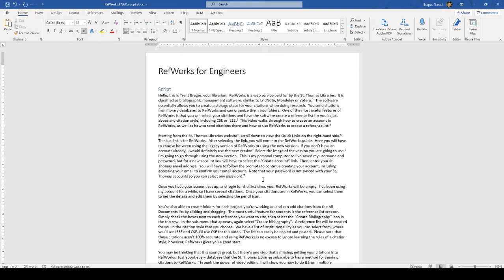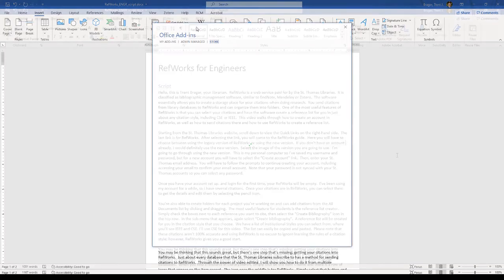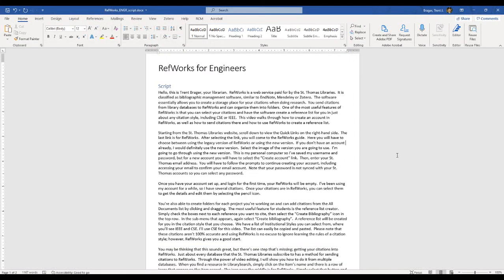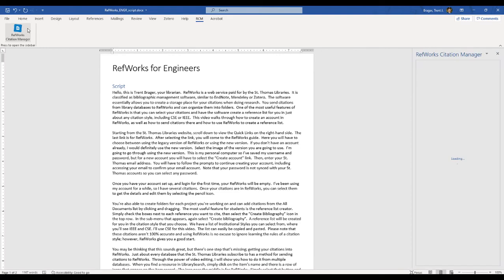Simply go to Word, select the Insert tab, and get add-ins. Search for RefWorks Citation Manager and install. You may have to restart Word. When fully installed, you'll have an RCM tab at the top, and you can open RefWorks Citation Manager.